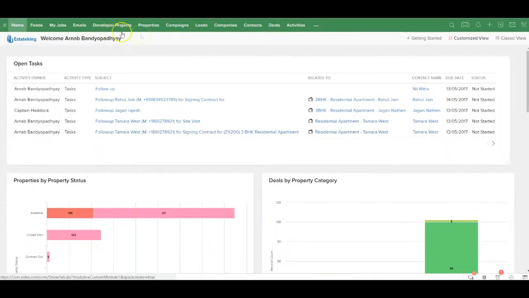All the modules are nicely laid out here in an uncluttered, intuitive UI, like the developer projects, the properties that you're dealing with, the campaigns. It could be the email campaigns or social media campaigns, the leads, companies, the contacts. It could be either buyers or sellers or tenants or landlords, the deals that you're pursuing,